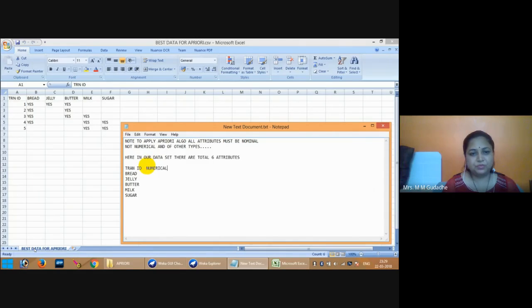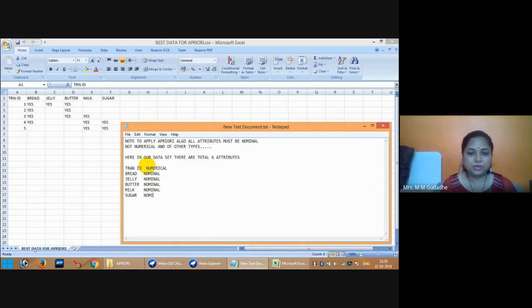Now, transaction ID is numeric. Bread is nominal. Jelly is nominal. Butter is nominal. And milk is also nominal.